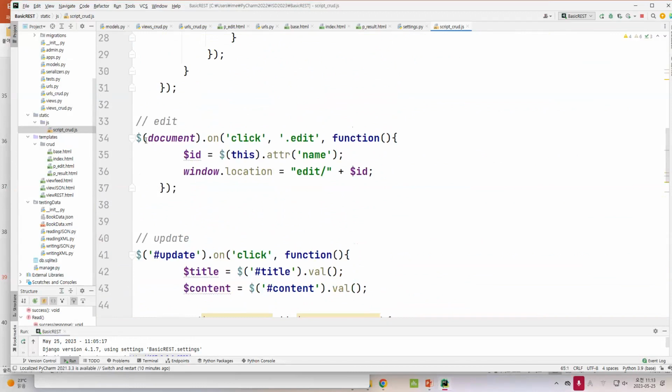So in the edit, you will see that we know the dollar sign. The dollar sign means we want to access the HTML file, and then I want to access the document. And then when I click dot edit, what is it? Dot edit means if you go to the